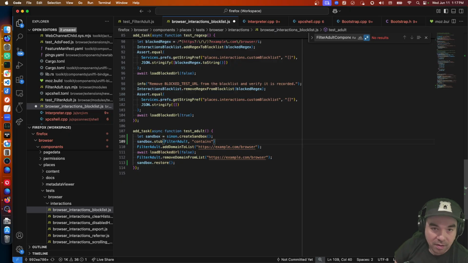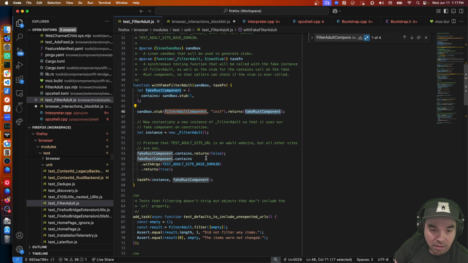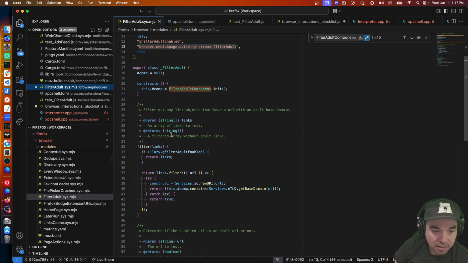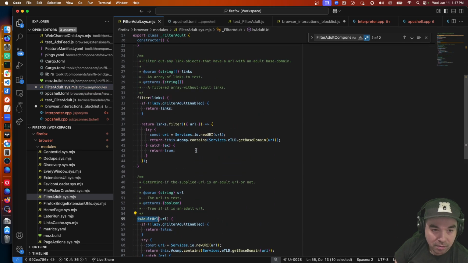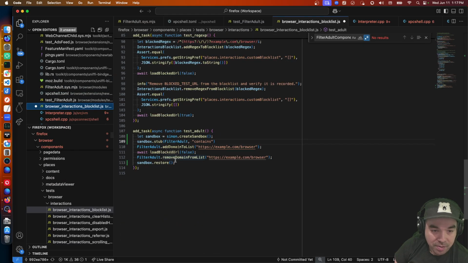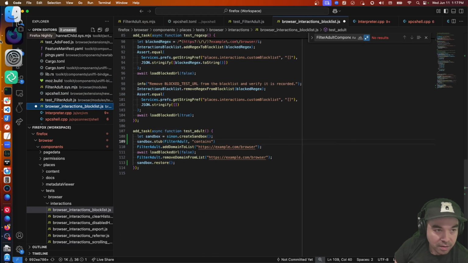Contains, because that's, is that the... no, it's going to be isAdultURL. Which one is called by the interactions block list? Let's see here.